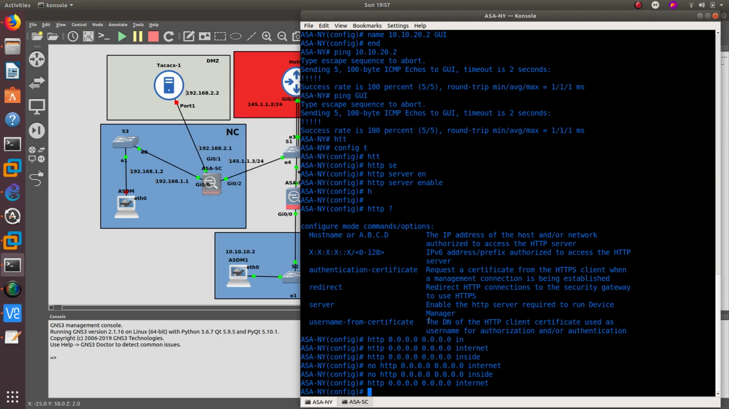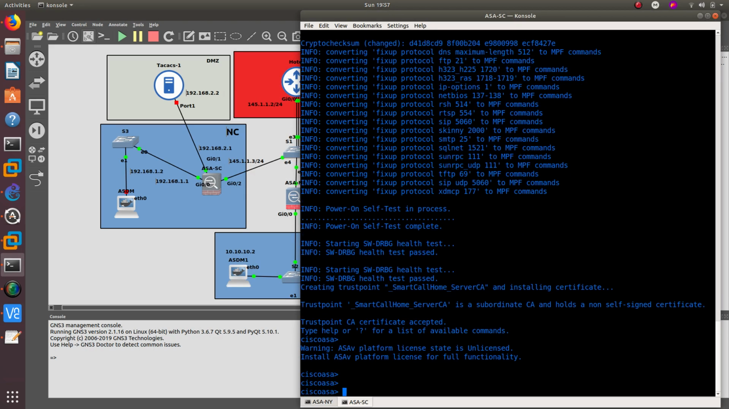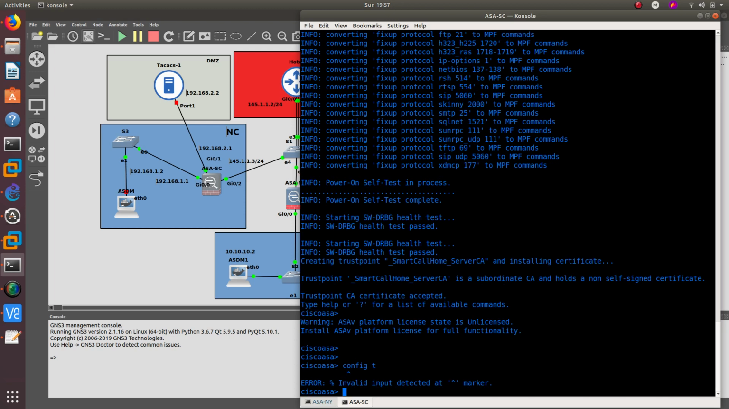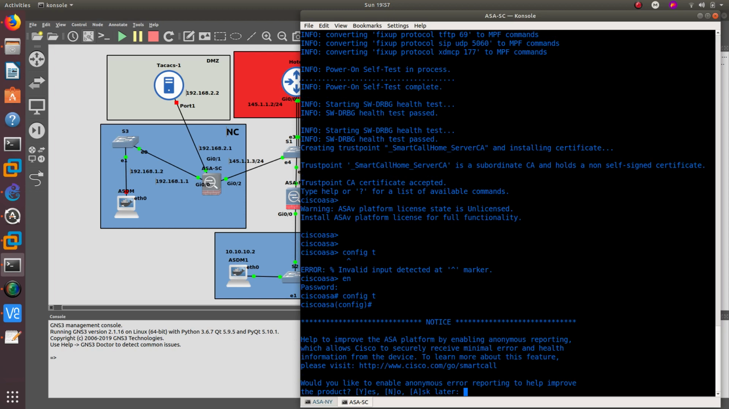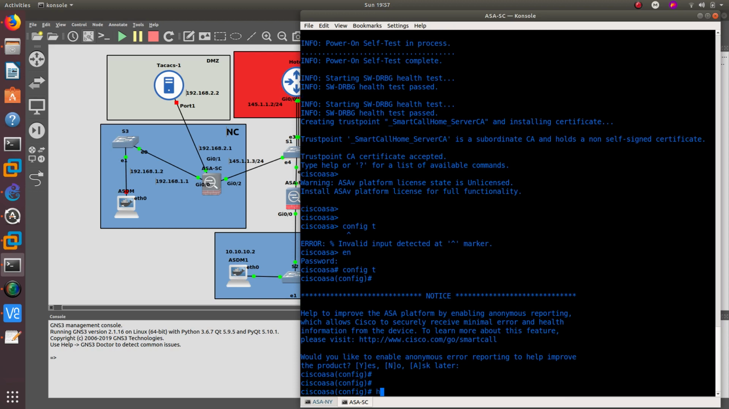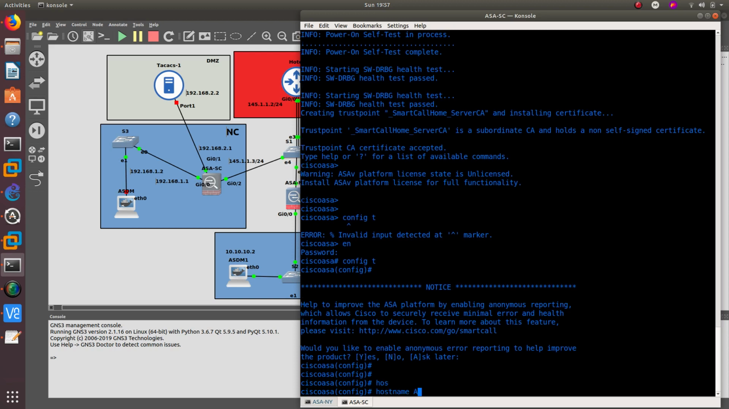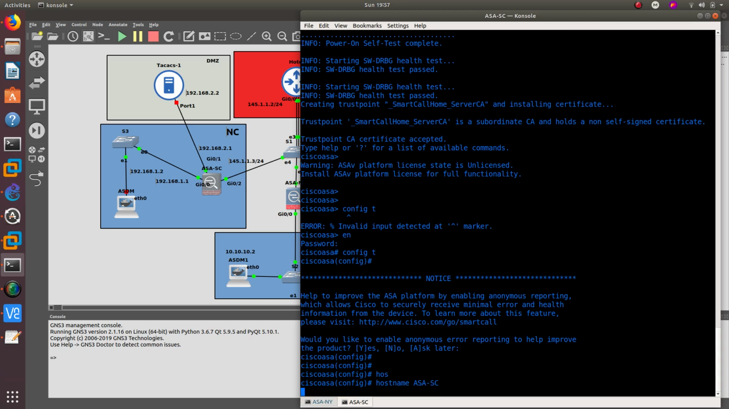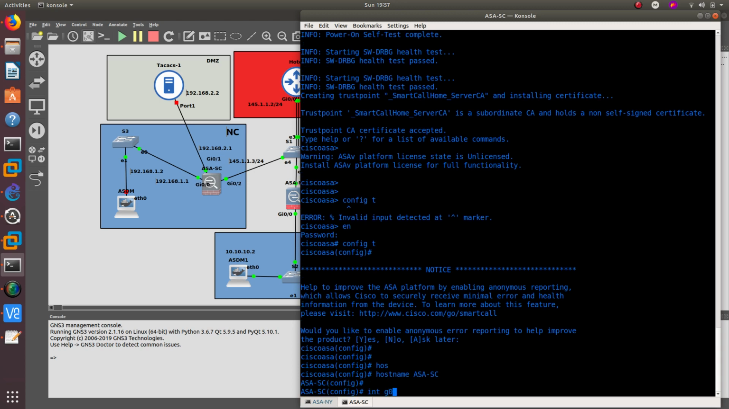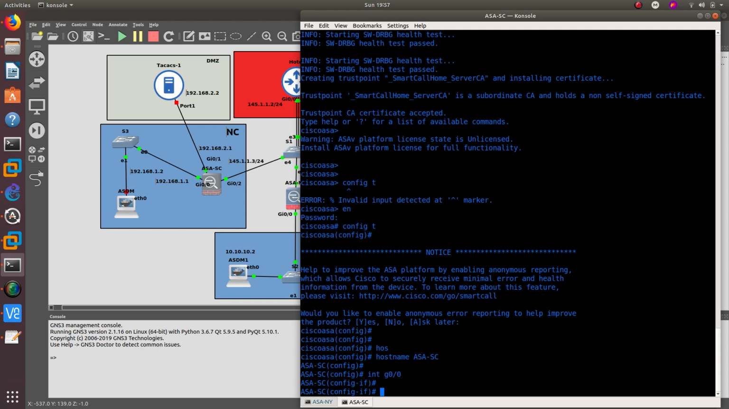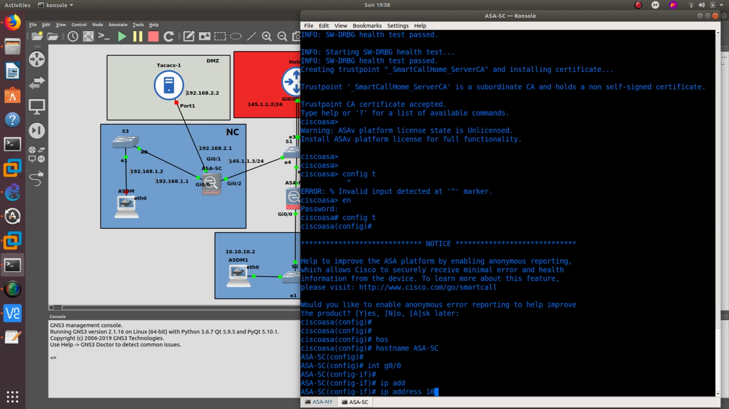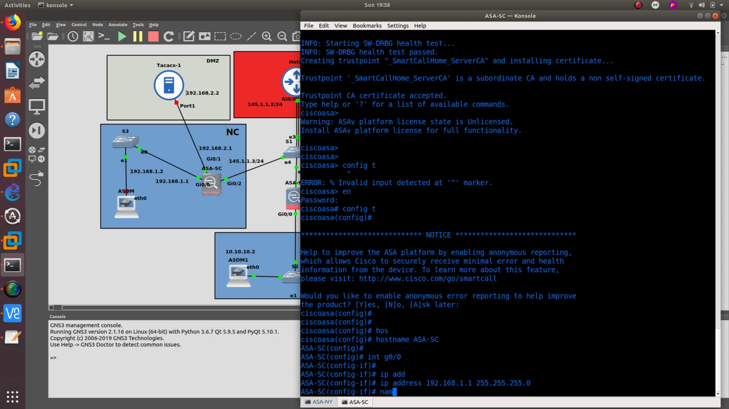Okay, let's just put this down and let's start configuring the ASA at South Carolina. Config T, enable, config T, and what we want to do is a host name first of ASA South Carolina. Now let's go ahead and configure the interfaces, Gigabit 0/0, which is this one, the one pointing to the ASDM, IP address of 192.1.1, and let's do a name F inside,